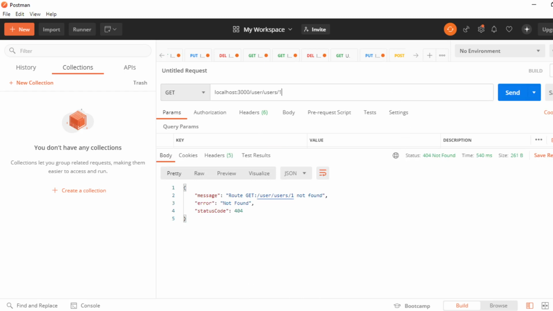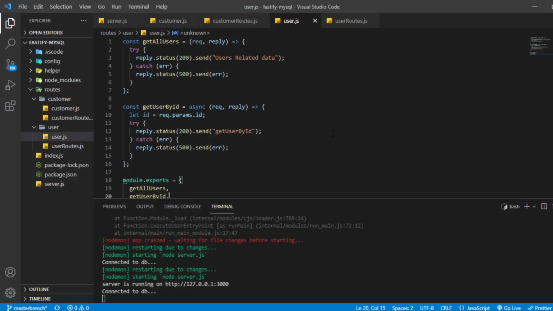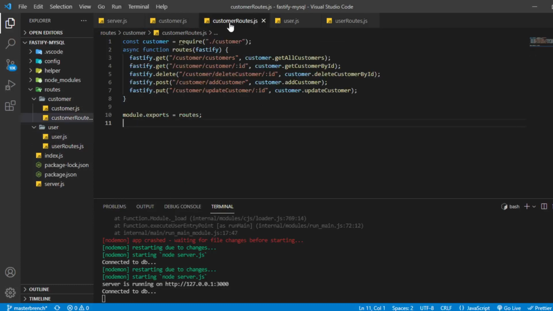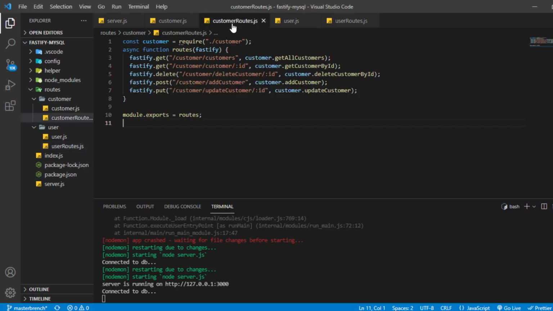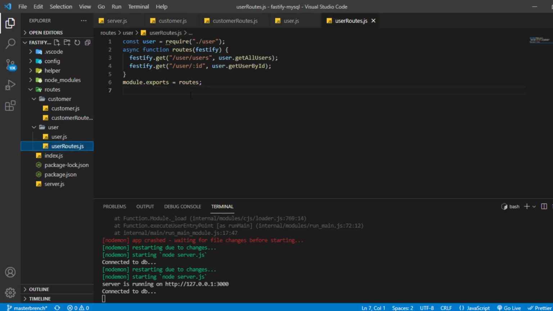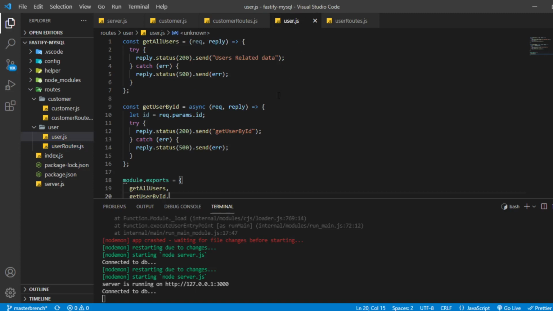Let me just see user routes, user, and then user ID 1. If I pass 1, then I should be able to get this, get user by ID.